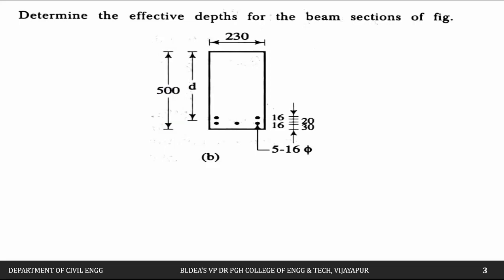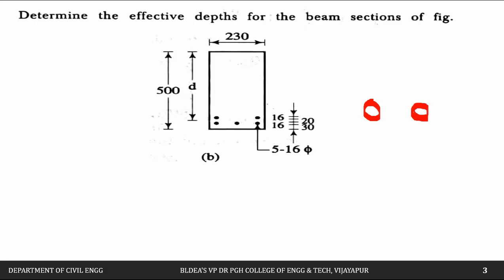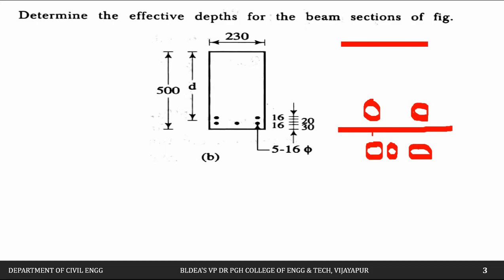So how to calculate now? For the center of this reinforcement, for example, this is one bar, and we have 2 bars here. At the bottom we have 3 bars, 1, 2 and 3 bars here. Now effective depth will be from the center of this to the top compression fiber. Center of this till top compression fiber, this we can call the effective depth. These are the bottom 3 bars and these are the top 2 bars.